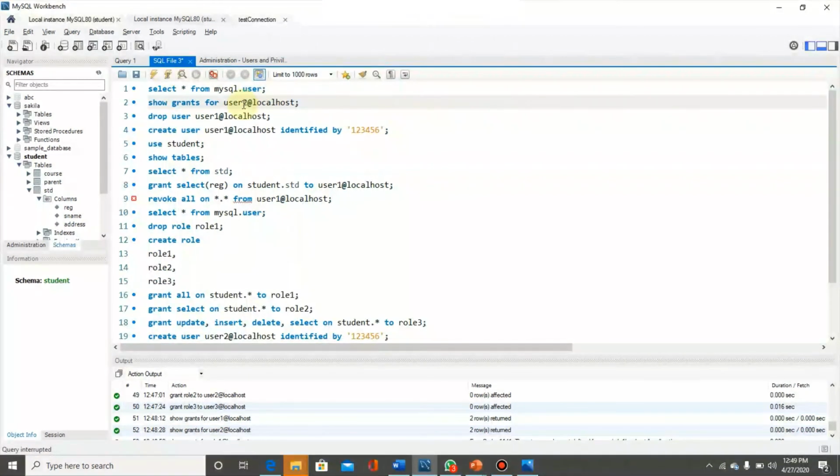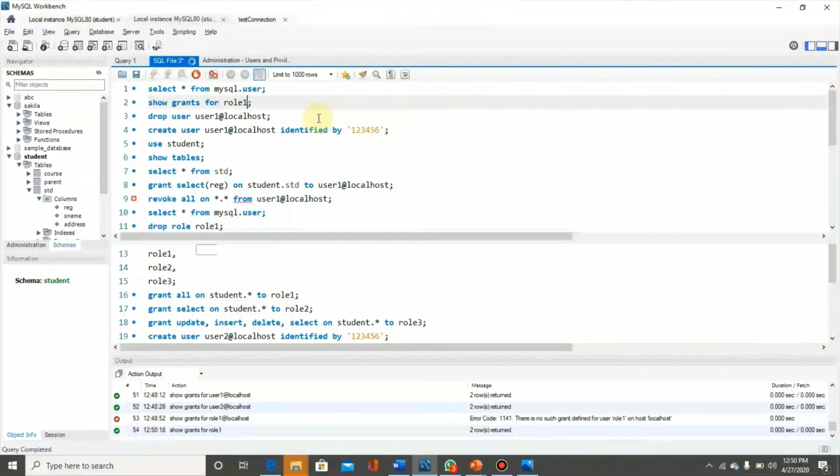In the same way, I can also check the grants for role 1. So I typed show grants for role 1 at localhost. Actually role 1 is on all the systems. I think it would be better if I type show grants for role 1.